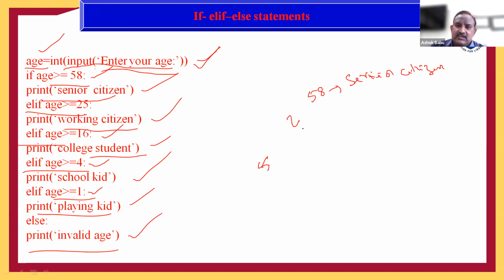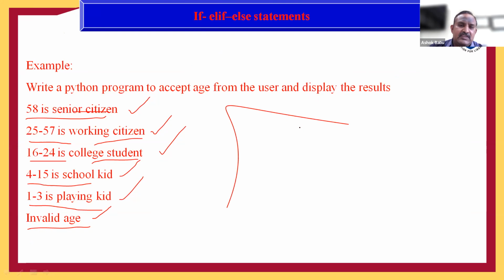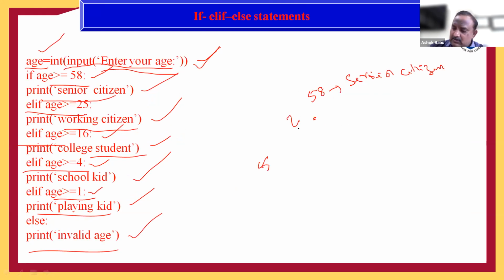And if age is above 25 or greater than 25, between 25 and 57, that is the second condition.